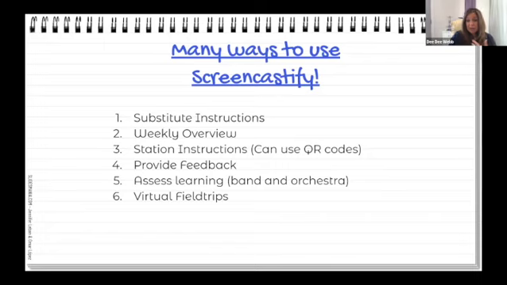Providing feedback is another one. Let's say that you have a student that turns in maybe a research paper or some sort of project to Google Classroom. You can go through and give some explicit feedback by going through their paper, maybe making some digital highlights or digital annotations, and then telling them exactly some of the things that they need to improve upon, or even things that you think they did well. Assess learning. And I love this example.